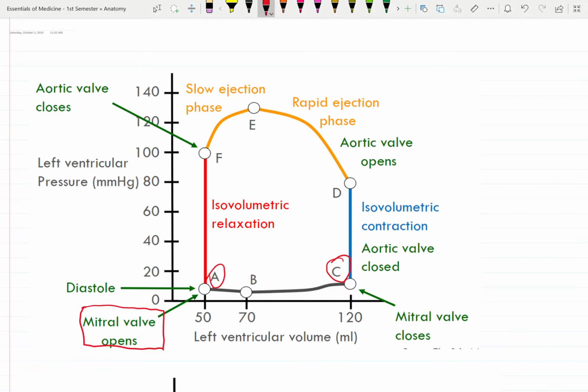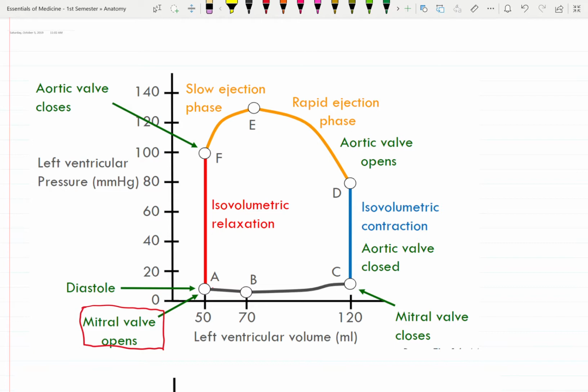And so this small pressure change right before C, so right here, is due to the atrial kick. Atrial kick just refers to the contribution of the atrial contraction to ventricle filling. Okay, so that was from A to B and from B to C. Now we'll go towards